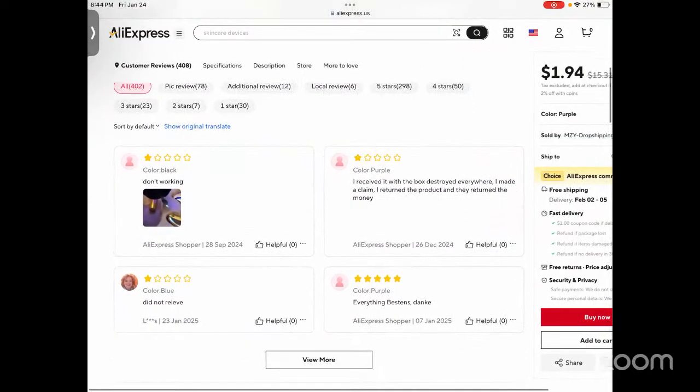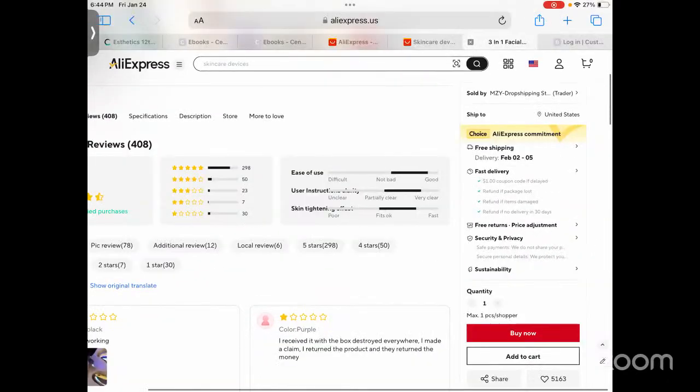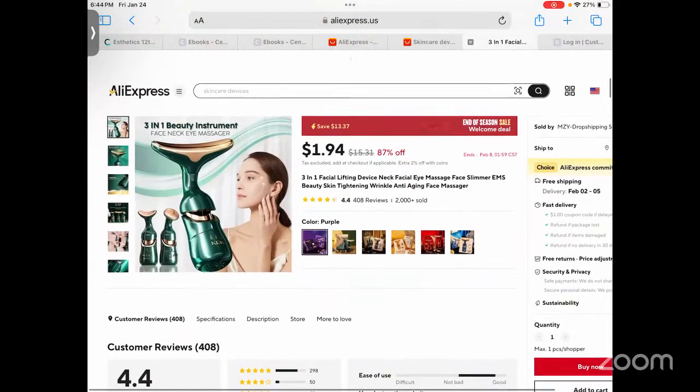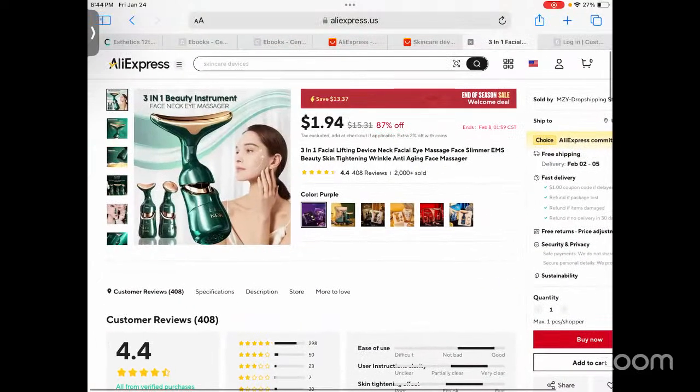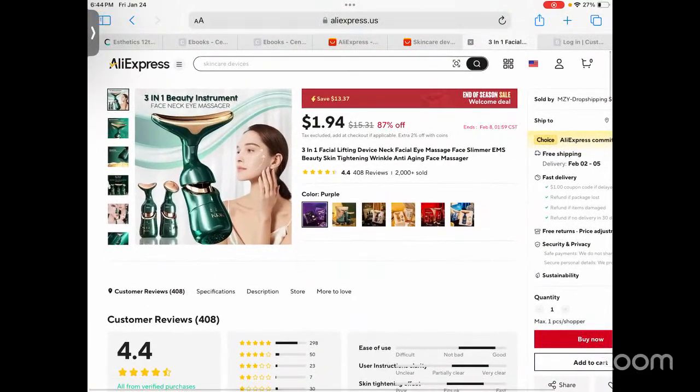Somebody already said it don't work. It probably doesn't cut on, depending on where it was purchased from. But if it's $194, regular price $15.31, you will be amazed that I would probably sell this for $60